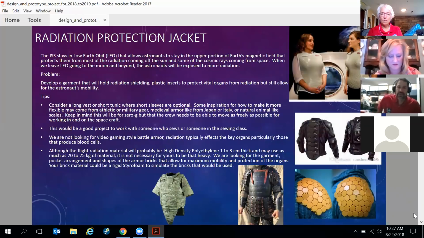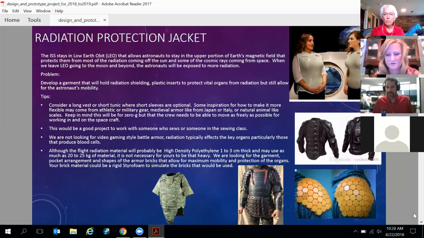This is a very exciting one as well. This one is specifically for going away from Earth, from being in low Earth orbit on the ISS. This is for our new spacecraft that are going to be in an orbit around the moon. The difficulty is that as we get further away from the Earth, we have to worry about more radiation. The Earth's magnetic field helps protect us from all of that radiation. But as we get to the moon and as we go to Mars, we're not going to have that protective shield from the Earth. And so we're looking for ways that we can protect the major organs of an astronaut,